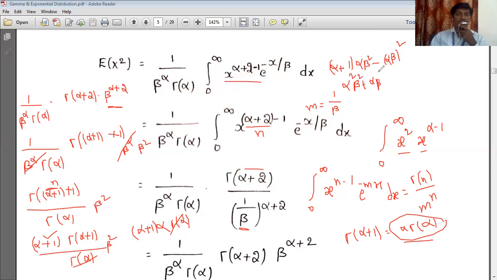Next, minus alpha beta whole square. Here (ab) whole power m is a power m, b power m, so that is nothing but alpha square beta square. So this one and this one cancel, and what we got finally is alpha beta square. So this is the variance of the gamma distribution. Okay, so what we did, the